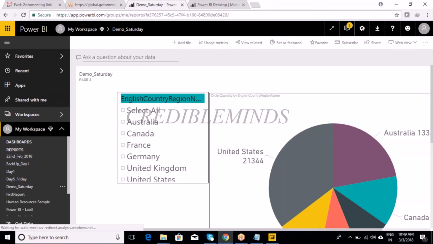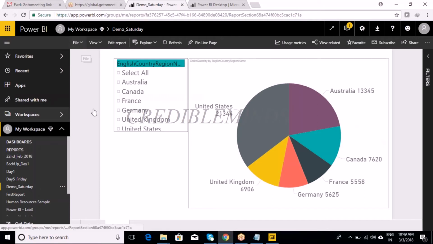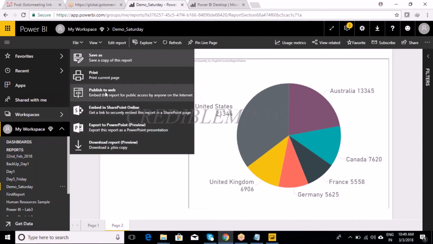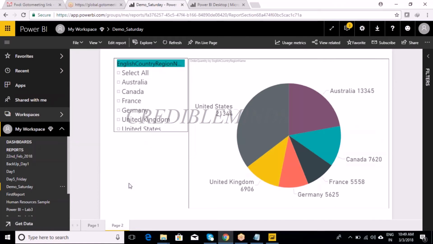If you go to the report, go to File, there is an option called publish to web. So it is possible. And as you can see, you can also save as, print the report, and download it. Lots of things we can do using this. Let's assume that